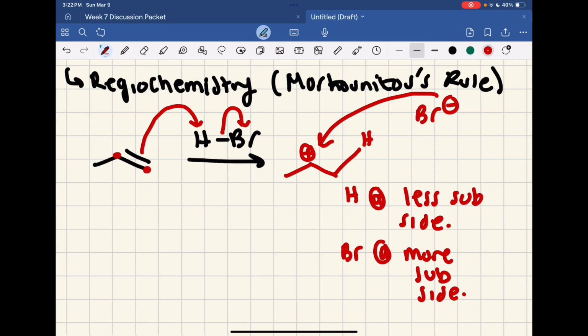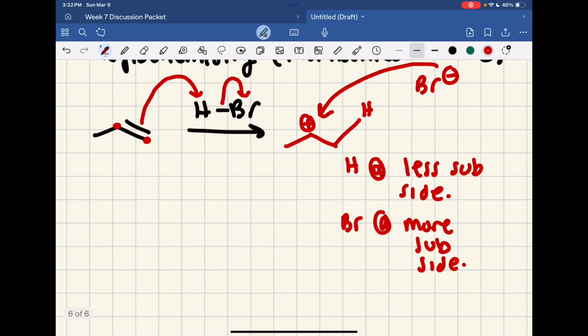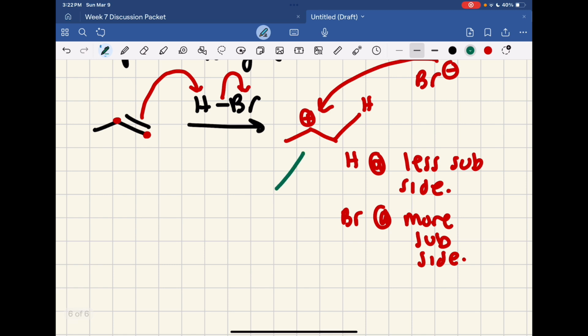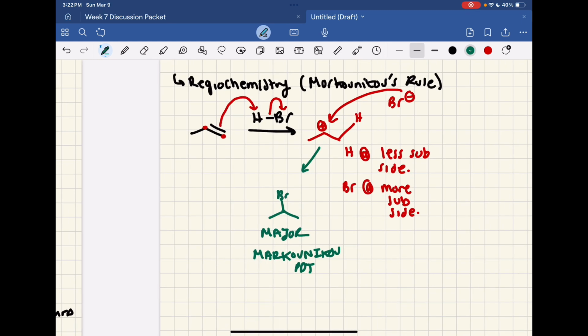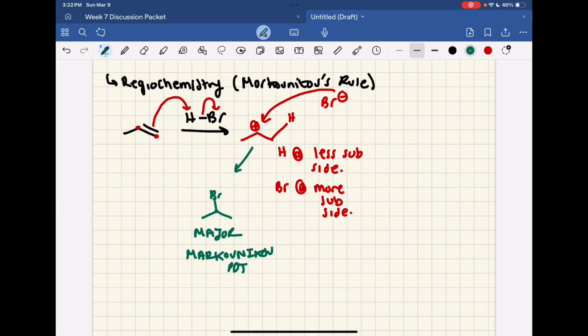To observe this feature happening in an electrophilic addition reaction of a double bond is the definition of regiochemistry, or Markovnikov's rule. Specifically, if we think about the product that results from a secondary carbocation, we would call this the major or Markovnikov product, because it's following Markovnikov's rule, where the proton goes to the less substituted side and the main nucleophile, the bromine, goes onto the